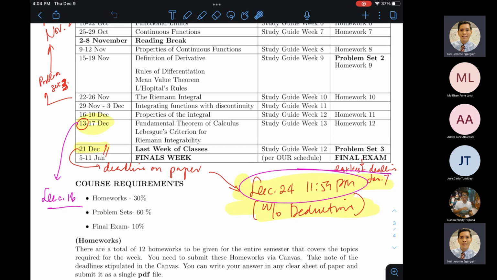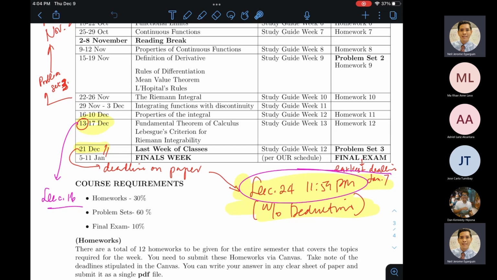And then we still have a final output, a final exam, which will be due on the finals day that is assigned to us by the registrar. But I guess I promised that the earliest deadline that I will impose would be January 7. So if the final exam for Math 155 is scheduled on December 5 or January 5 or 6, imumove natin yung deadline by January 7. Because as I have mentioned, yung final exam is doable in less than a day. So pwede nyo siyang gawin.